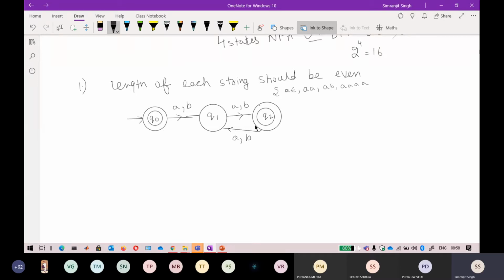If I draw this, you know that the answer can be reduced to two states. But this is also a correct automata if you look at it clearly. I don't think there is any error here, because the zero-length string is accepted here. One length string, two length string, three, four, five, six, seven, eight, nine, ten: even-length strings are accepted here. So at 0 we have taken care of this. This is one of the simplest and starting automatas.